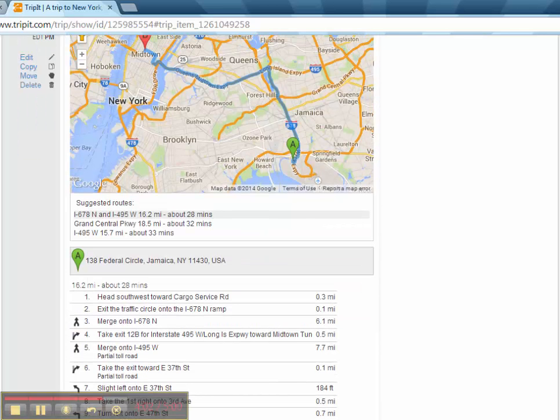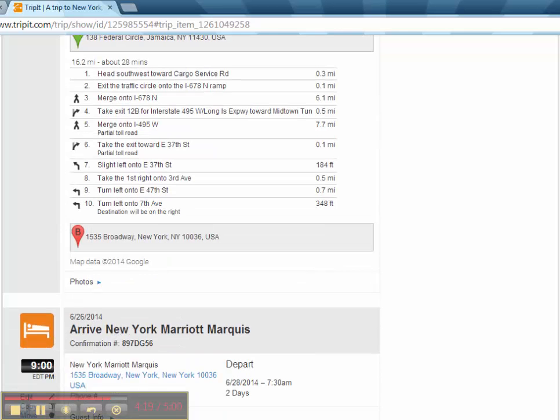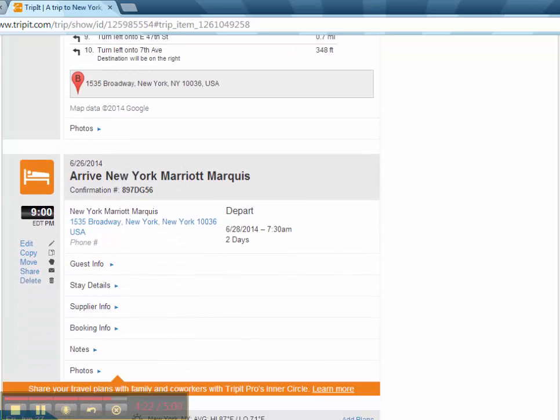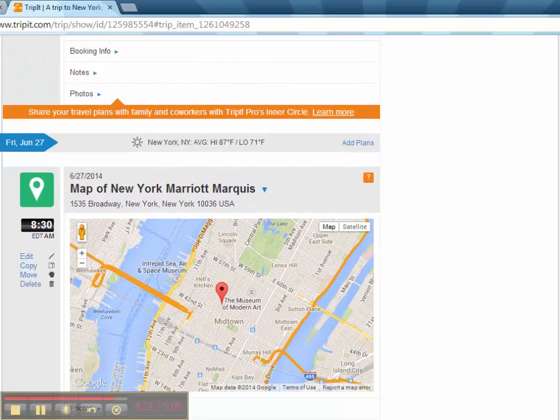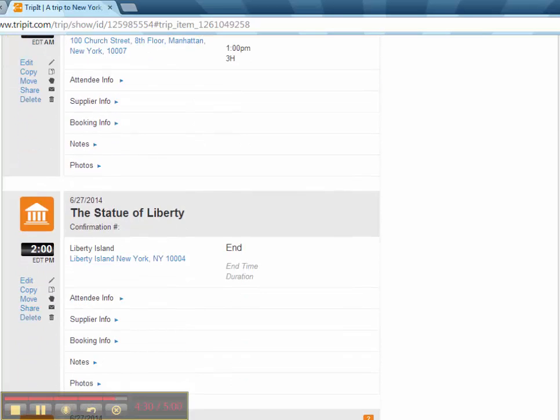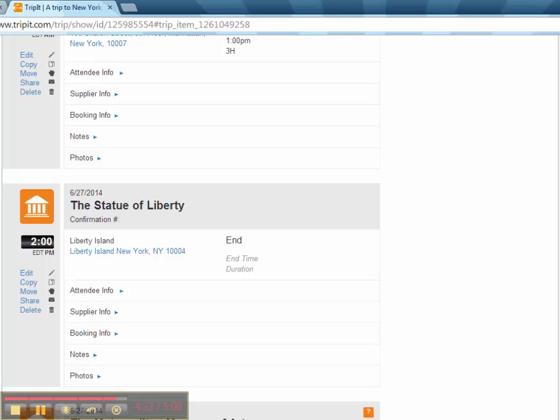This is great for a place where someone is traveling to, they're unfamiliar with the area, and you have it right there at the palm of your hand. So you don't have to pull out any of those old-fashioned maps or get out a GPS. It's right there all for you, and you don't even have to put the information in once you get to your destination. So guess what that means? More time for traveling. As you can see, Tripit puts all your different activities, your different destinations, everything in your trip itinerary in order to make your itinerary and your trip more relaxing, more peaceful, and that's exactly what you need for a nice, resting, deserving vacation.